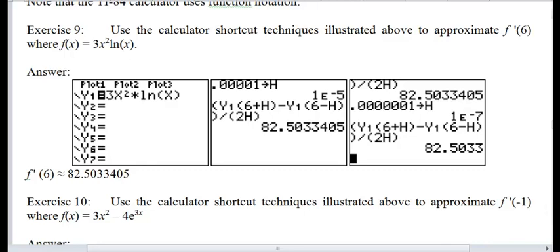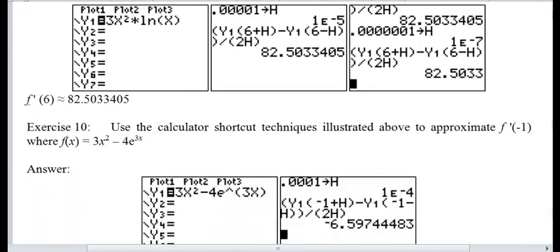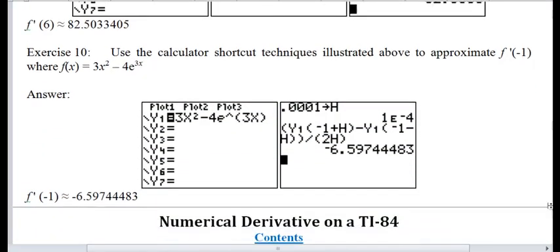Okay, if you work this on your own, this is what you should have gotten. Here's the TI-84 version, and you can see above how we did it. So again, we put the formula in, 3x squared minus 4e to the power 3x. Watch the parentheses there. And again, I used 0.0001 for h, and this is what I came up with. You might get a slightly different one from different values of h, but if you use a small h, it